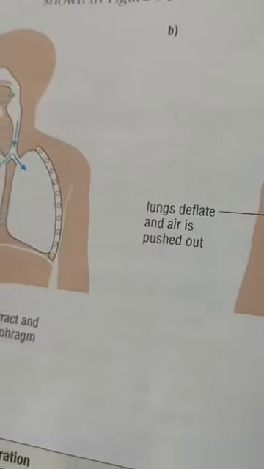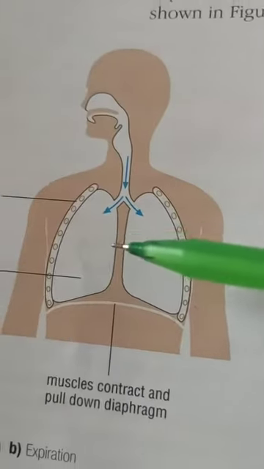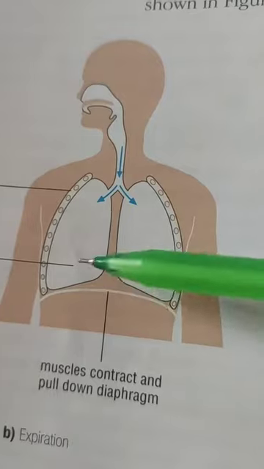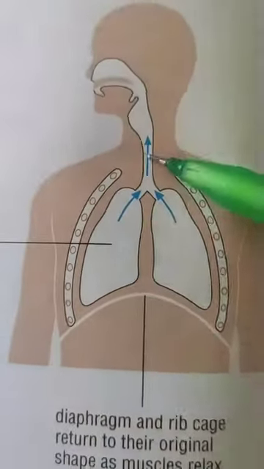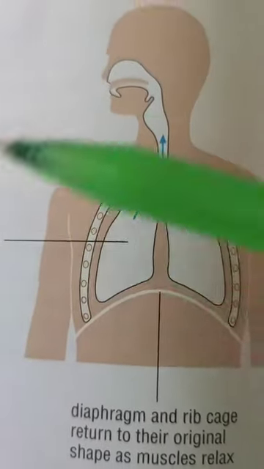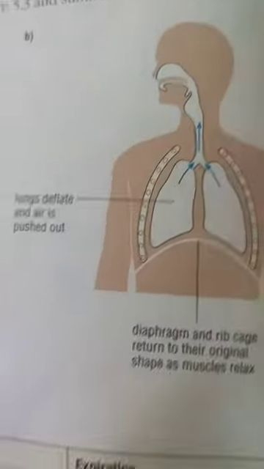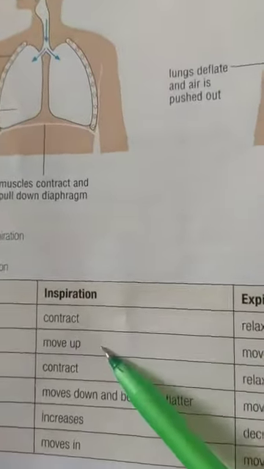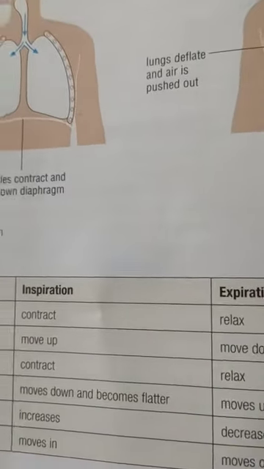In the same way, when you pump the tires of your cycle, when you pump the air, your tires will expand. In the same way our lungs will expand. And when the air comes out from the tires, then your tire will contract and here your lungs will contract. So there is also a table related to this topic. You have to revise it once, and in the next class we will discuss this one also. Okay, thank you.